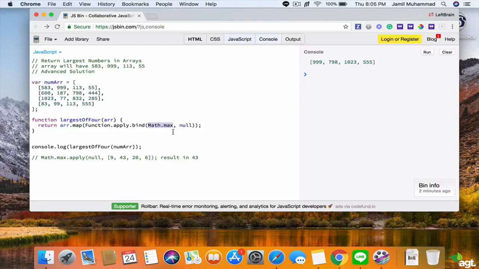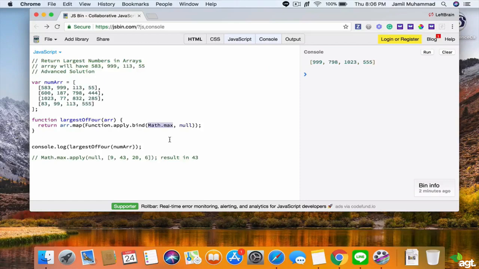So we pass null as the second param to Function.prototype.apply.bind, which gives a context to the Math.max method. Since Math.max is independent of any context, it ignores the bogus context given by the Function.prototype.apply method